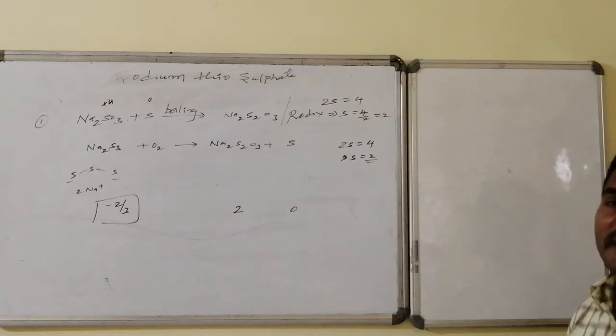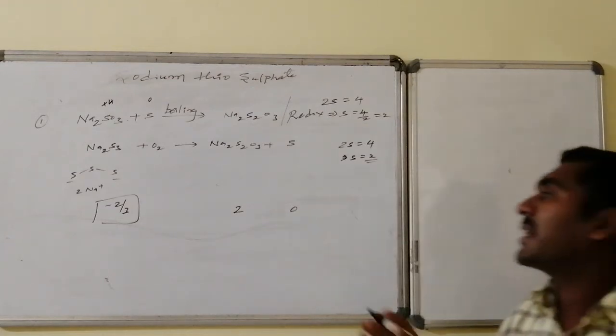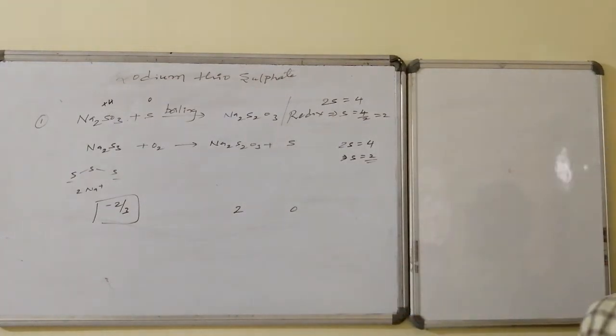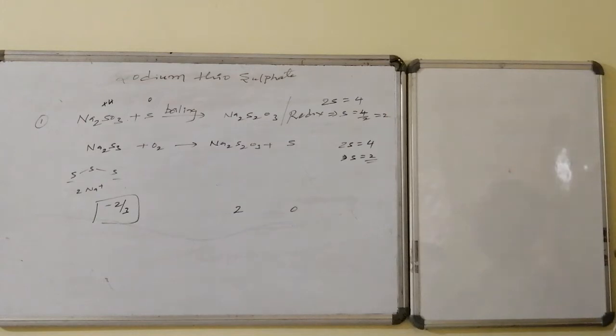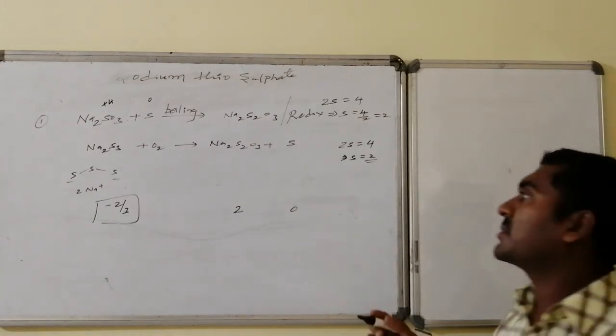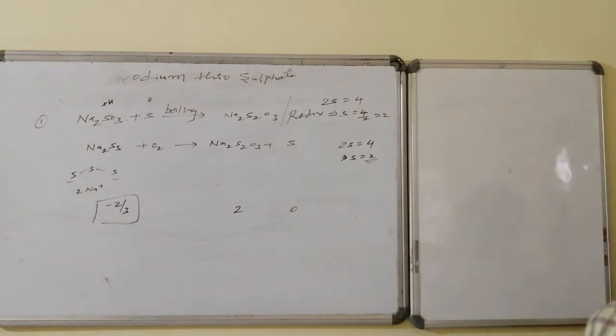Similarly, Na2S3, this is not sodium sulfide, it is Na2S3, where 3 sulfur atoms are combined one with the other, followed by what? Connected with the sodium. Na2S3 on reaction with oxygen also leads to the formation of sodium thiosulfate, Na2S2O3, followed by sulfur.